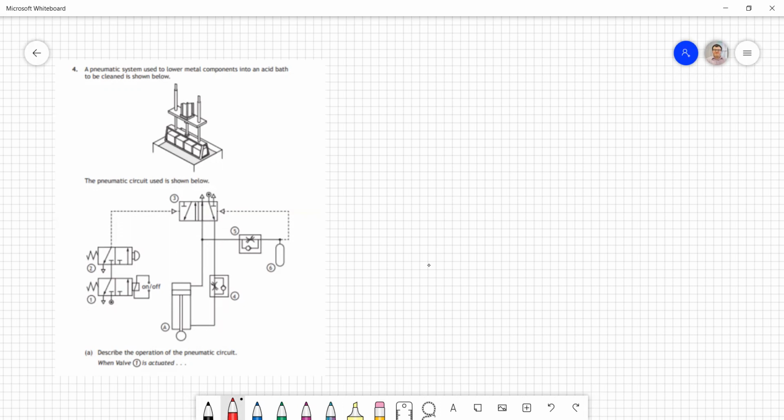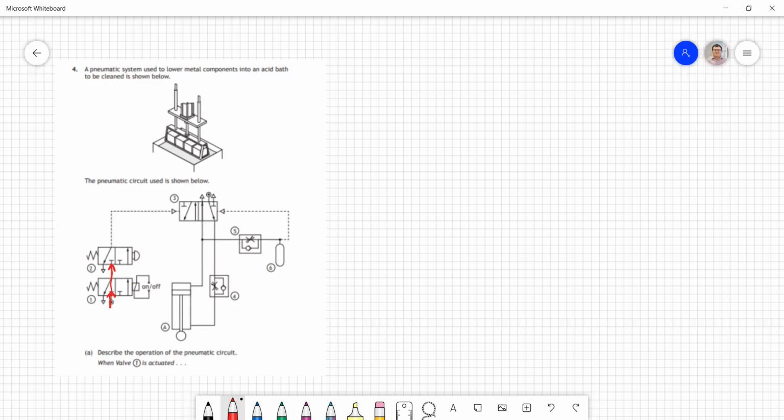So let's focus on valve 1. Valve 1, we do have our main air ready to be passed through. And when valve 1 is actuated, what's going to happen is that our state will change. So if you imagine our box sliding over, so this box slides to the left, it's going to allow air to flow through. So we just draw an arrow through, but because the box has slid over,